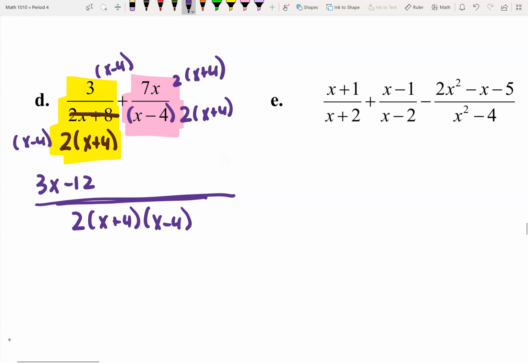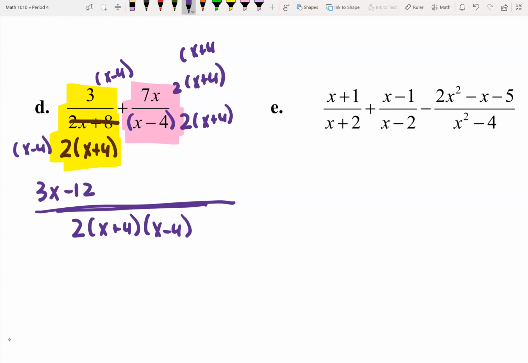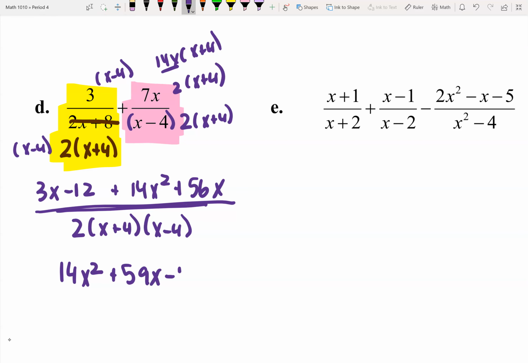So I've got this x plus 4 here. What do I have in front that I'm distributing? Somebody tell me that. I have a 7x and I have a 2, so I have a 14x, correct. Now let's distribute, and that gives me 14x to the second plus 56x, and that's it. Now let's clean it up. 14x to the second, 3x plus 56x is 59x minus 12 all over 2 times x plus 4 times x